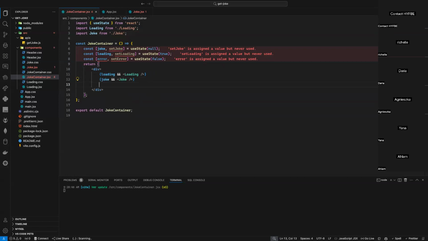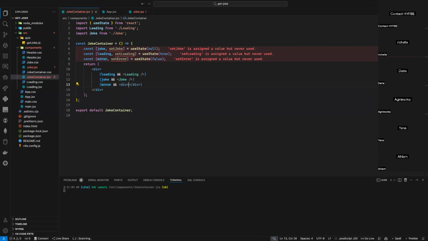And also, I need to show maybe the error message. So if I have an error message, that means my request to the backend failed, and I will not have data, of course, because the joke will be falsy. I will not change this one, but I can show an error message. So let me render the error message conditionally as well. I will have an error in case error. By default, by the way, it's false. If the error is true, it will create this div,